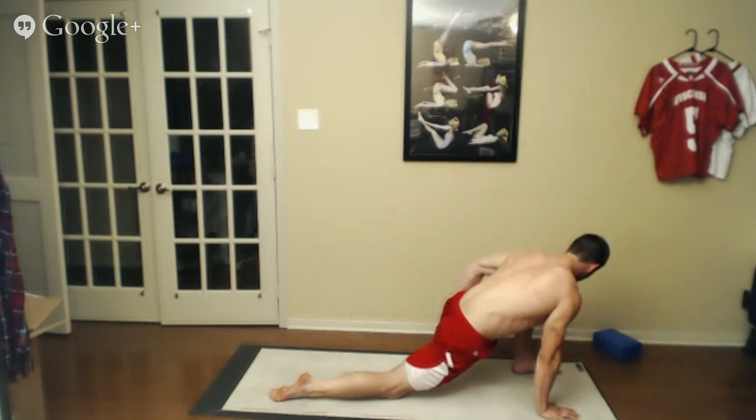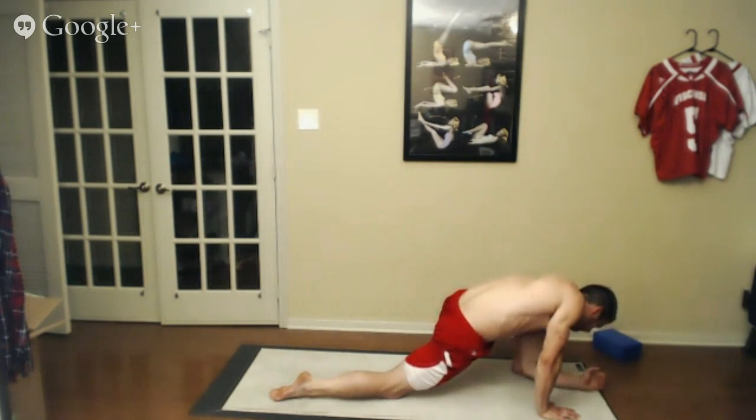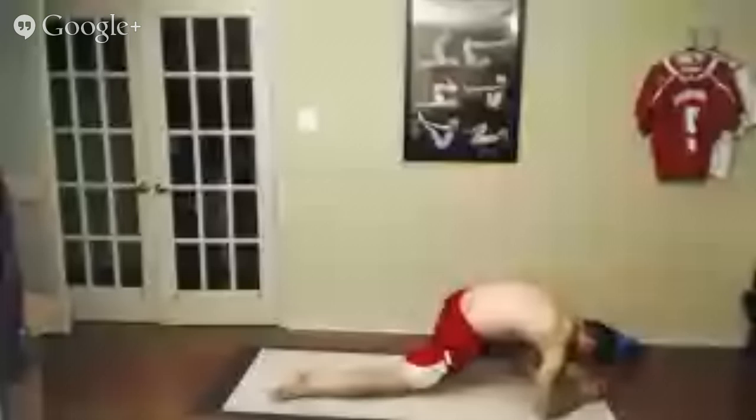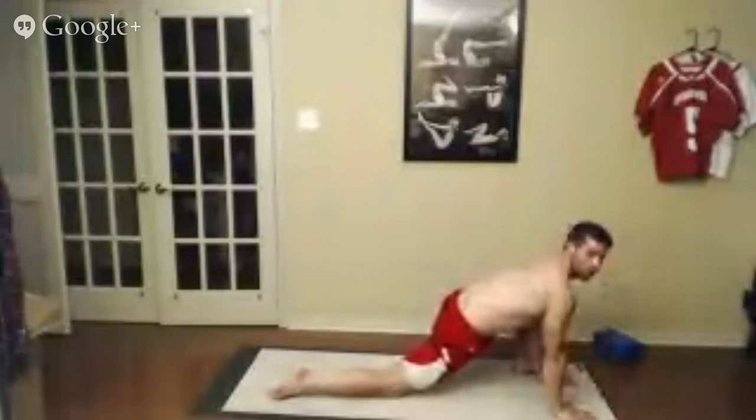Squeeze your left glute down toward your left heel. And then ease onto your left forearm. If you can get to your left forearm comfortably here, while keeping a flat back, then you can ease your right forearm down as well, like so. If not, if you can't do this with a flat back, then just keep your chest up,